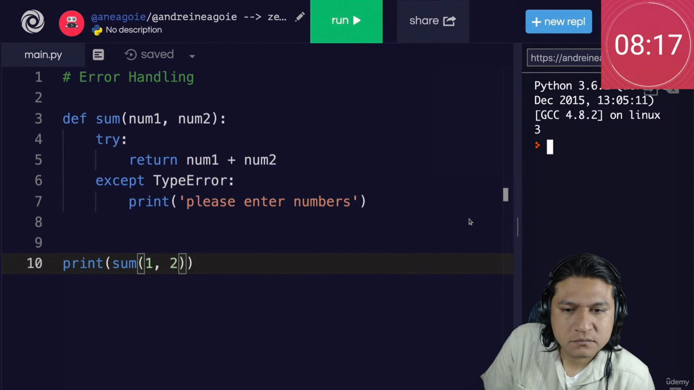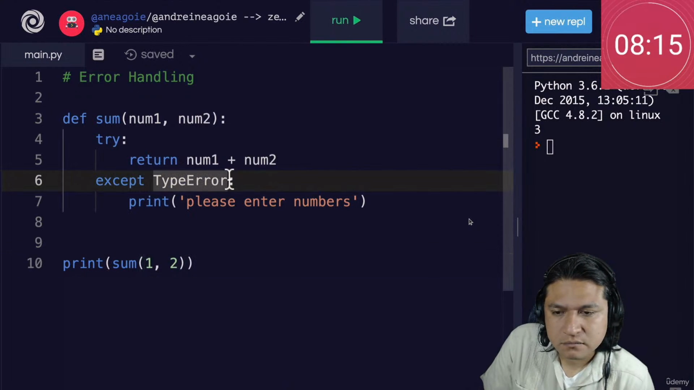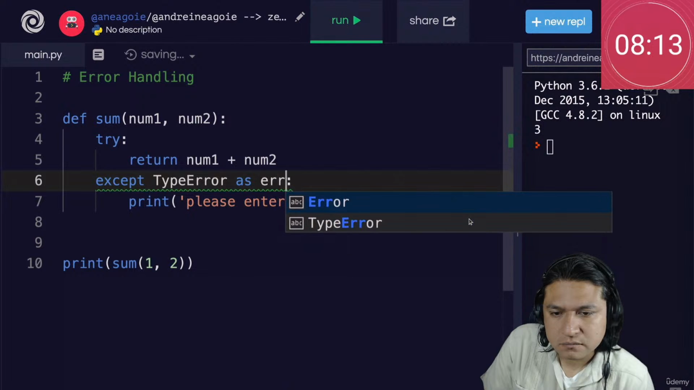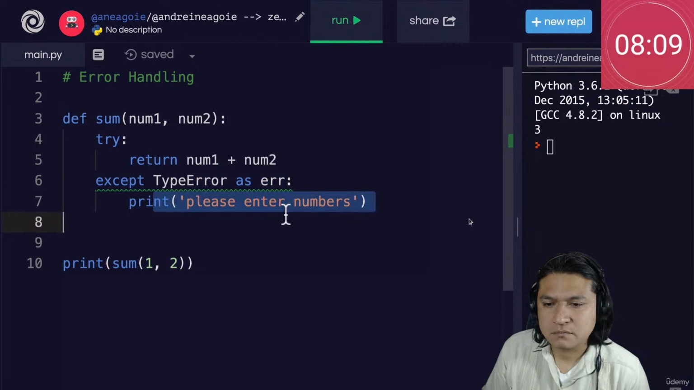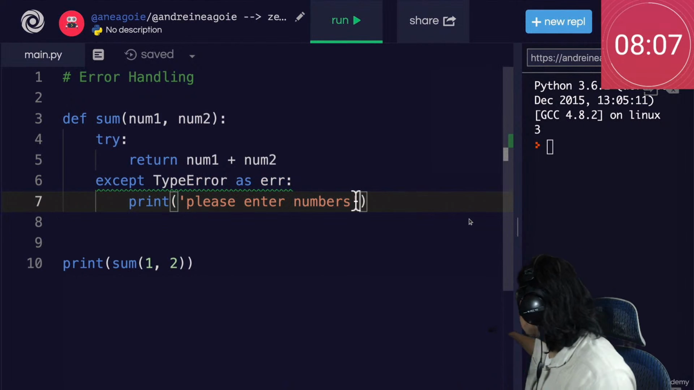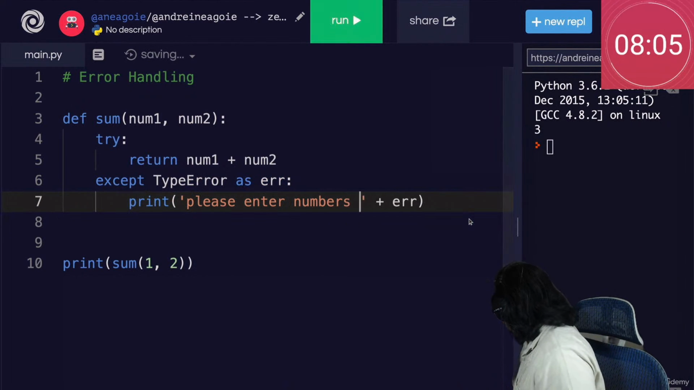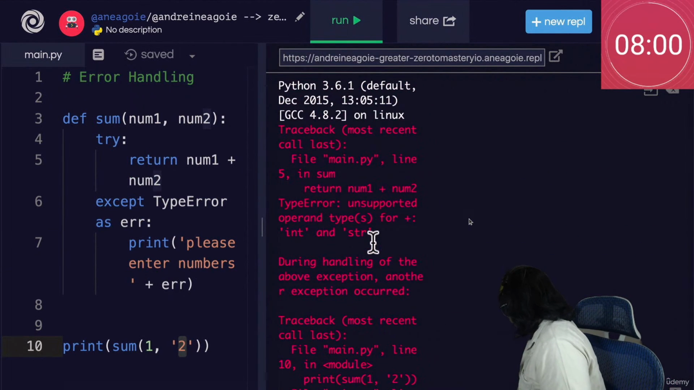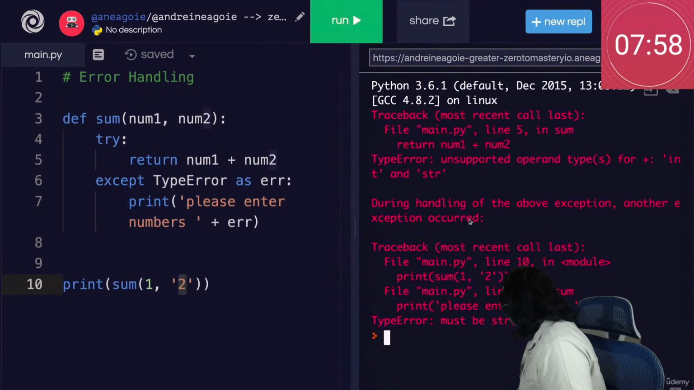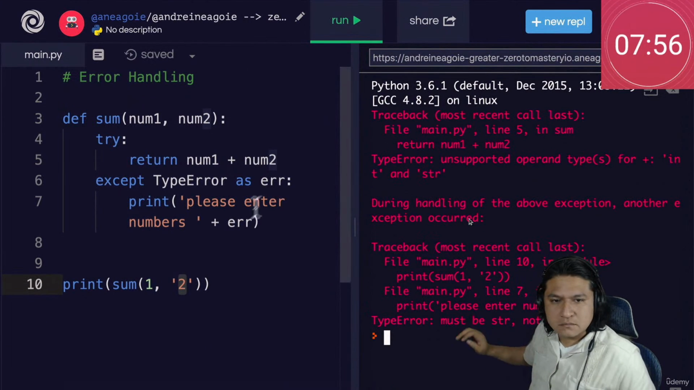Awesome. Now, a common pattern when doing error handling is to do something like this. TypeError as, and then a variable, whatever variable we want. In our case, let's just say error. So I'm saying, hey, if you catch TypeError, let us use error in our error message. So I can say here, plus error. So if I run, and let's do a string here. If I run, look at that. I get the error printed. Let me just open this up a little bit so you can see clearly. Look at that. It actually gives me the error that I